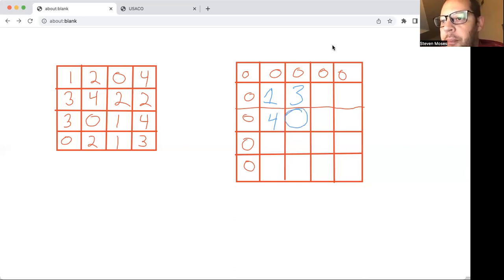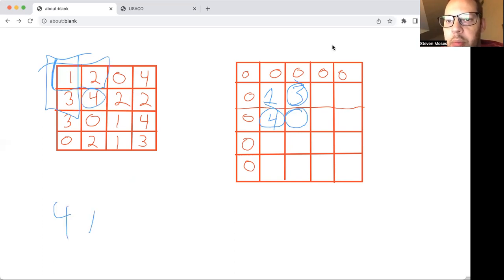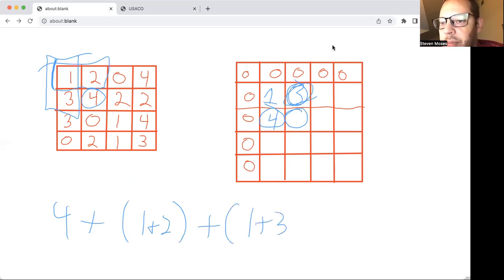For this square right here, the way I did that initially when we were just freehanding it is I added those 4 numbers together. I got 1 plus 2 plus 3 plus 4. That gave me a total of 10. Now what that 10 represents is, if I were to look at this 3, that 3 is the sum of this 1 and this 2. And this 4 here is the sum of the 1 and the 3. And if I were to add the 4 and the 3 together with the number that's right here, 4 plus the 1 plus 2, which is, again, this 3 up here, plus the 1 plus 3,